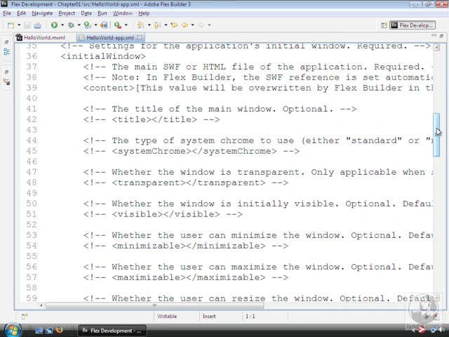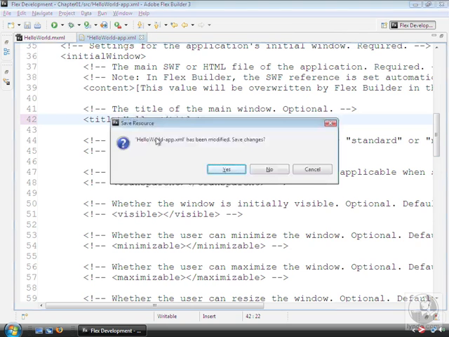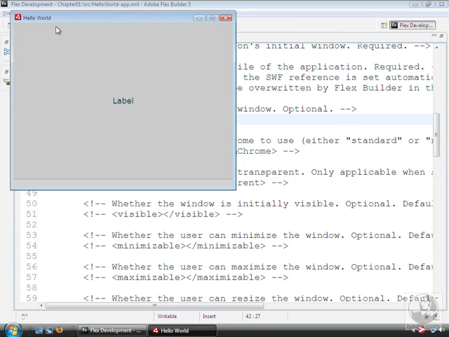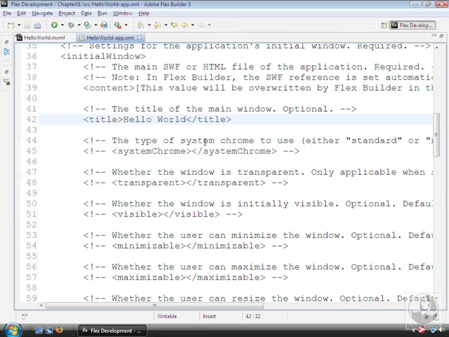In the Essential Training video, I described the use of the title element. You can set the title element either from this application descriptor file or from your main application file code. For example, if I were to establish the title element here, I would remove the comment tokens from the title element and then type in the title of the application here, Hello World. I'll then save and run the application, and notice on the title bar of the application window it shows the title. Now I'll undo those changes,